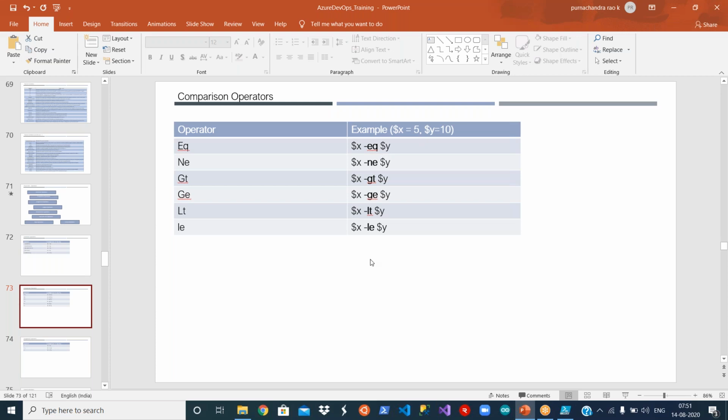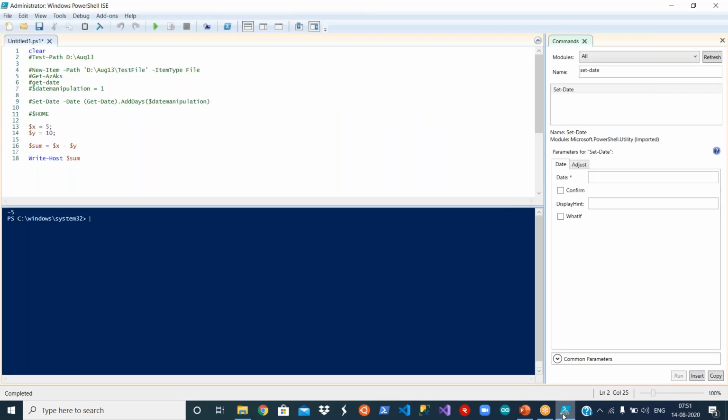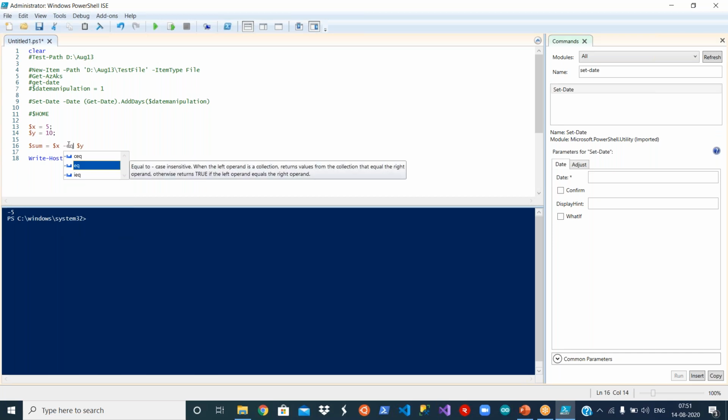That will become your not equal to operator. If it is a greater than, again you have two words. Take G from greater, T from than. That will become your operator here. So the comparison operator, that's how you can remember these operators. So it is always with a hyphen. Okay. These are the easiest ways again to remember. Okay. If I use the same thing here, instead of arithmetic operators, I simply say hyphen EQ. So it has the intelligence, so it will give you that one as well. So let's run this. So $x, I mean 5 equal to 10, not, it's false, right?